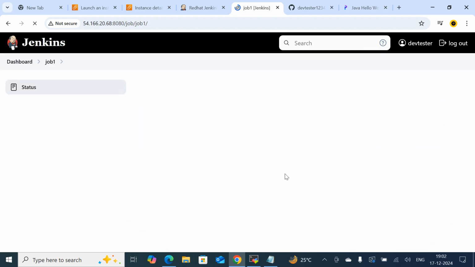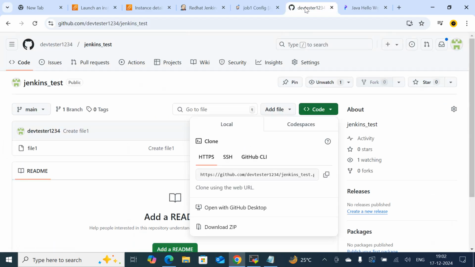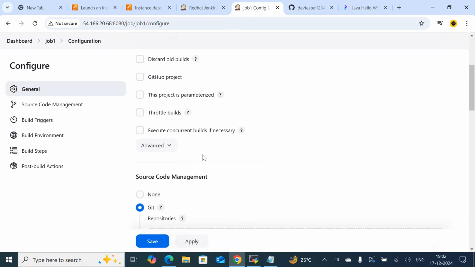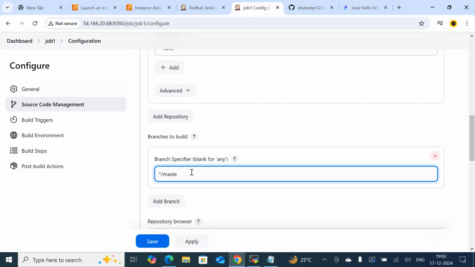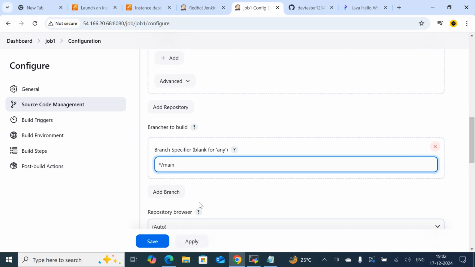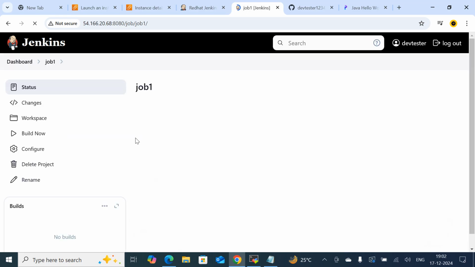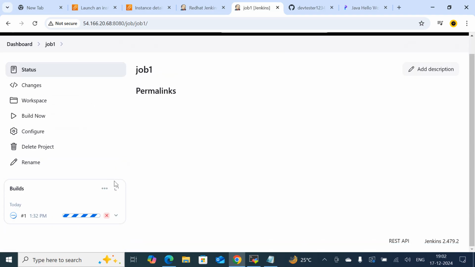and save. And here, just go to configure again. Which branch is it in right now? In the main branch. So I just need to mention the main branch. Credentials, okay, main. Okay, save. Successfully I had integrated the Jenkins server with the source code management tool, and right now I'm going to build it. Click on build now, then